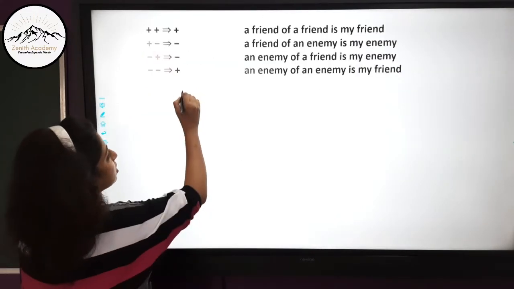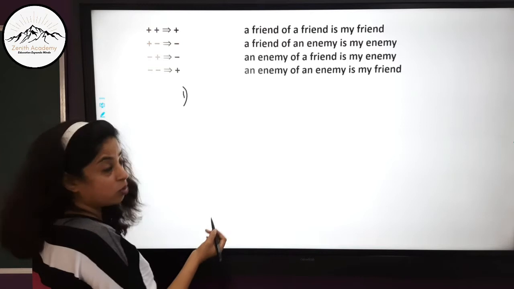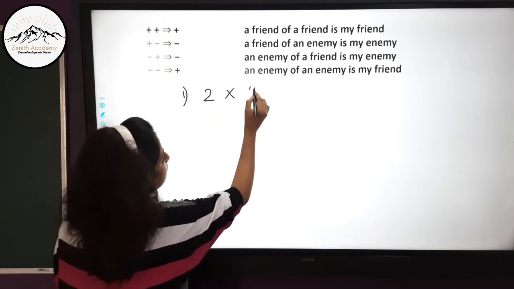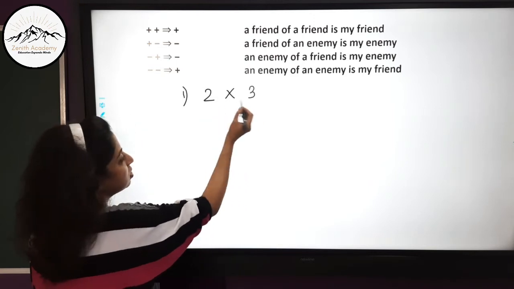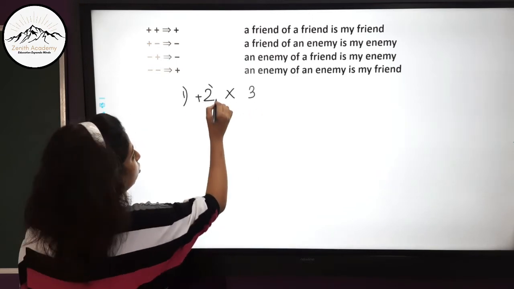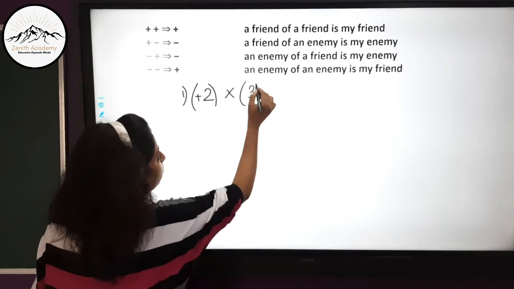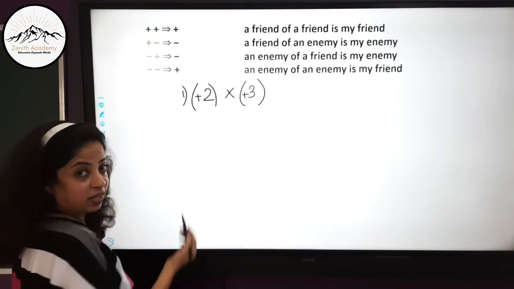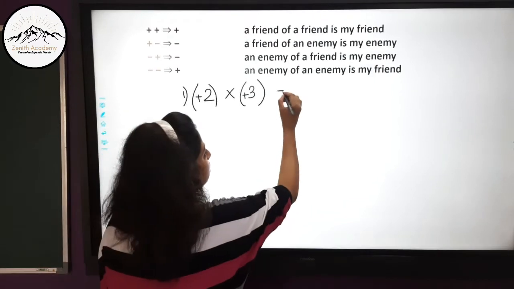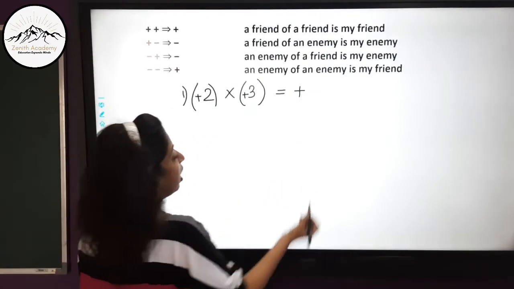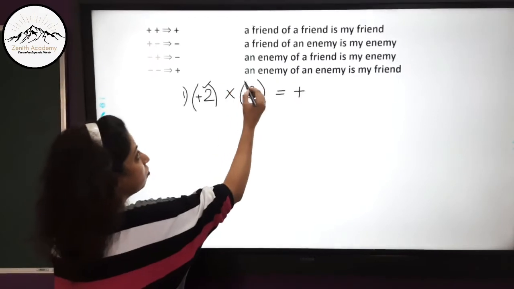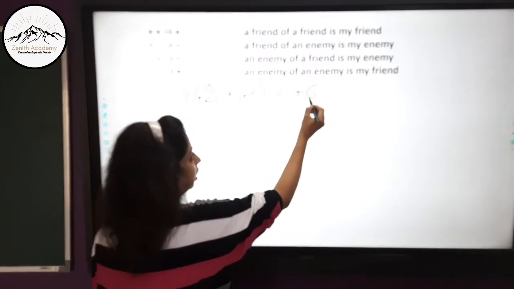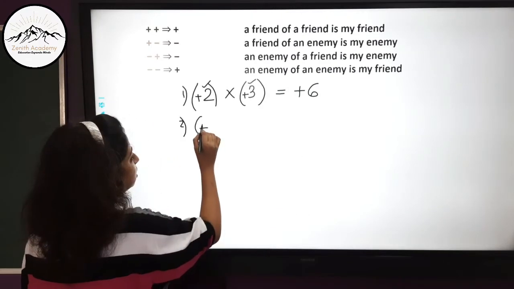Let's do this first sum. Suppose you are told to multiply 2 into 3. If there are no signs, it means it is positive 2 and this is also positive 3. So a friend of a friend is my friend. The sign will be positive and you just have to do the operation of multiplication seeing only the numbers. 2 into 3 is 6. Right? This is positive,